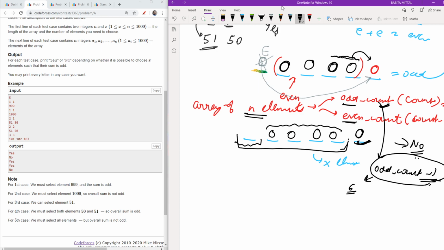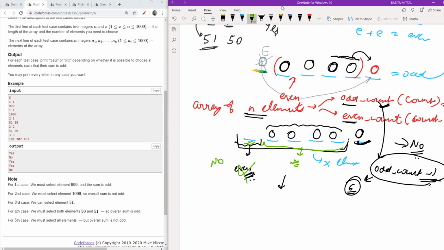Now the remaining places I will fill with even numbers. Okay, understanding? First of all I will utilize all my odd numbers in pairs, which means in even numbers, and the remaining places I will fill with the even numbers. And at any step, if it fails to satisfy, which means if the even numbers are not remaining and I still have places remaining, my answer will be no. If at any step my even numbers are empty and I can't make the odd numbers into even, my answer will be no. Okay, understanding? In any other condition, my answer will be no.